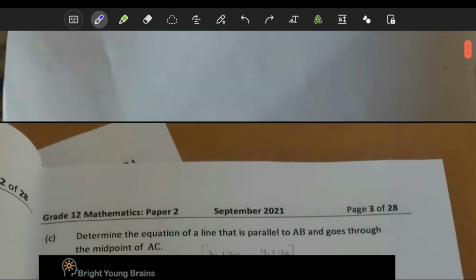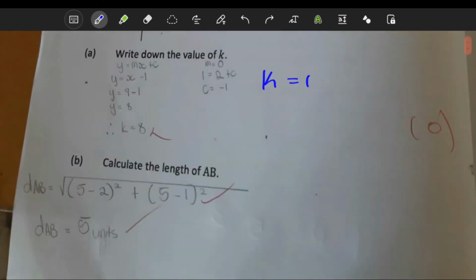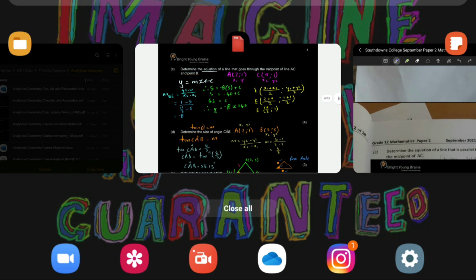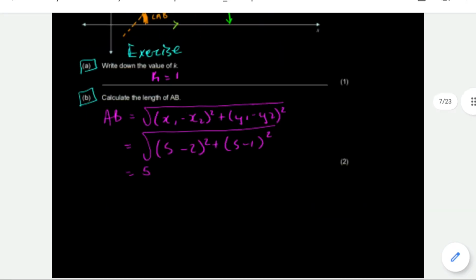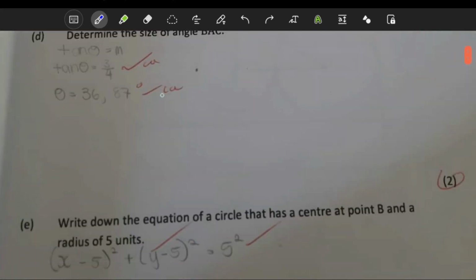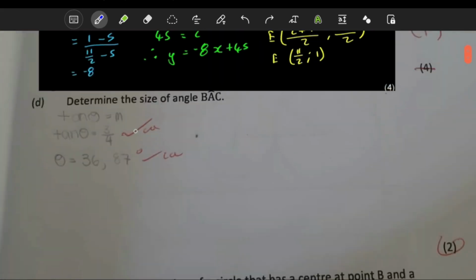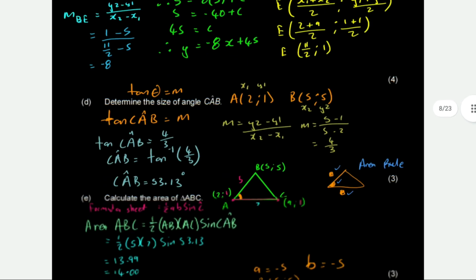Where is BAC? Let's see where BAC is. B and then A here and then C over there. And then the one here is asking for, well, it's the same thing. CAB is the same as BAC, because if you say CAB, it's exactly the same as BAC. So here obviously we can see that marks were given because of making use of a previous answer, and we know that the actual angle for BAC would have been